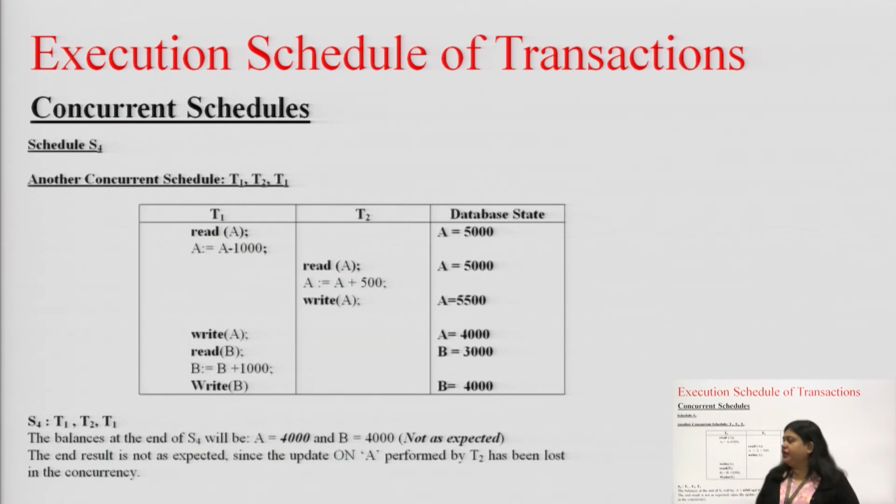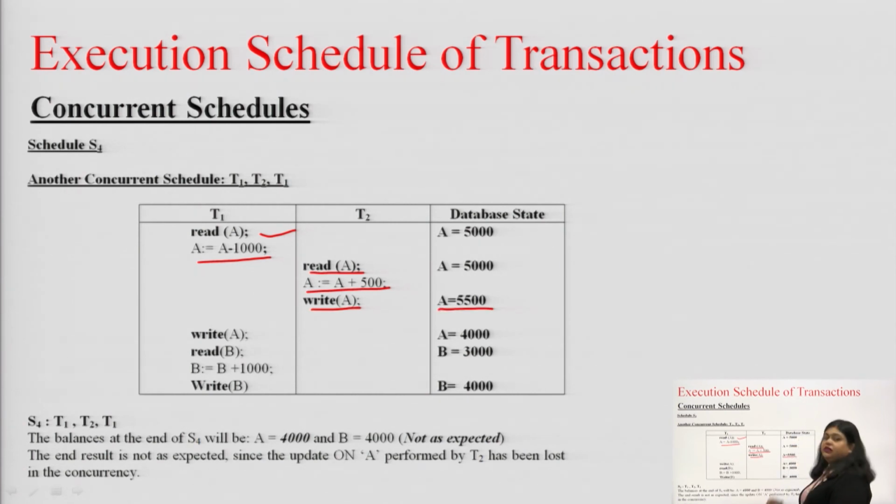So, now over here you can see the value of A is being changed, but before the value of A is written into the database, T2 has read the old value of A, right, which was 5000 rupees for our case, right. So, it is reading the old value of A. Now, what happens? It has read the old value of A and it has made changes into it, it has appended 500 rupees and it has written the value of A as 5500,